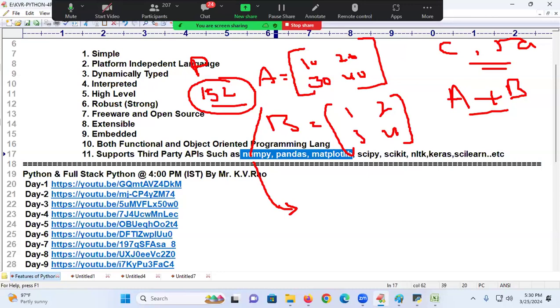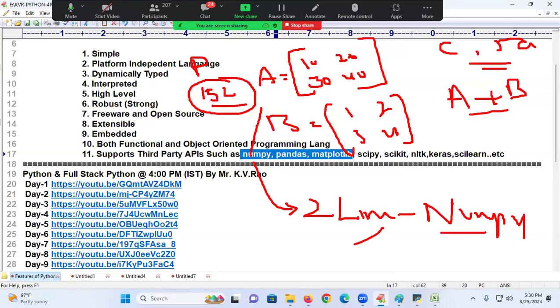For easy coding, for complex mathematical calculations to be calculated in an easy manner. How many lines will I write? 2 lines, using which module? Such a module I will use in which language? Python. So Python is which language at that time? Embedded. Other modules also I will use in Python. That's why Python is embedded. It supports which libraries? Third-party libraries. First party, Guido van Rossum. Second party, OS developers. Third party, NumPy, Travis Oliphant, database vendors, server vendors, like that.